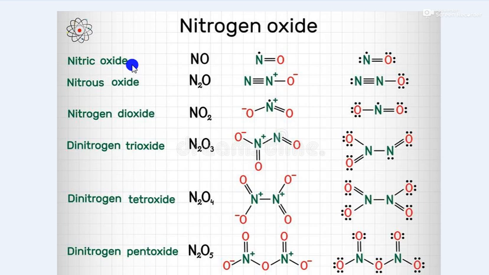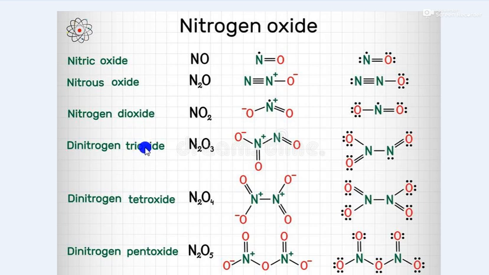That is nitrogen monoxide. The next one, say N2O. The chemical name is nitrous oxide. You can also say dinitrogen oxide. Dinitrogen, that means what? Two nitrogen are there. So what do you add? The prefix di, dinitrogen oxide. And see the next one, NO2. Here the chemical name is nitrogen dioxide, because here the two non-metals, nitrogen and oxygen, and two oxygen are there. Two means you know di. So the chemical name is nitrogen dioxide.